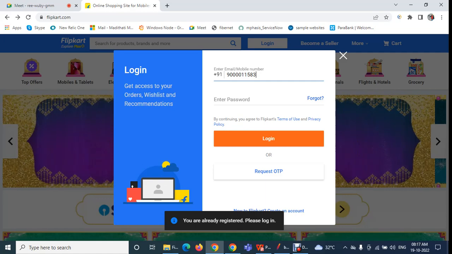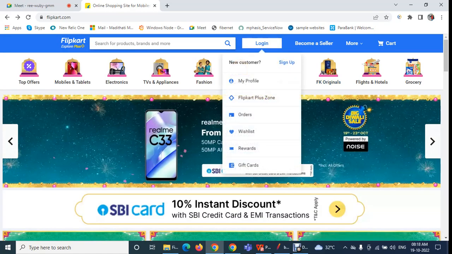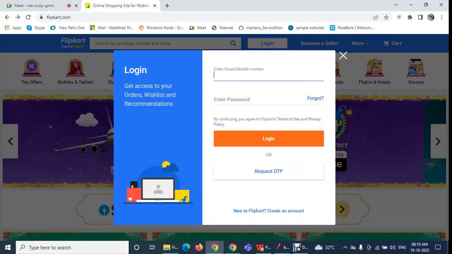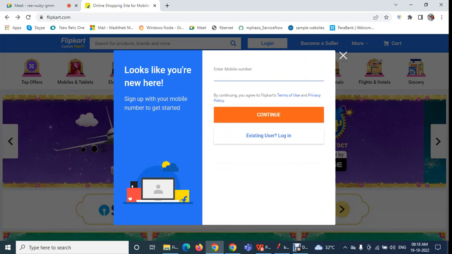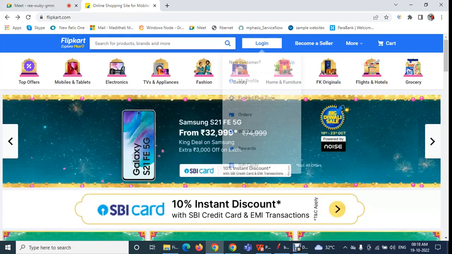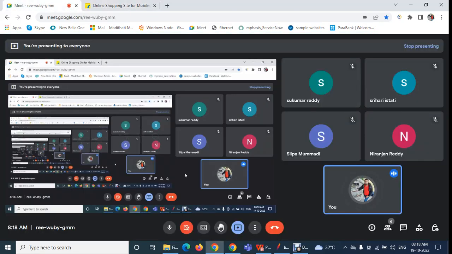Why am I getting this particular exception? Okay, so whatever the number I have entered here, that number it is sending to the browser, it is sending to the application. In the application that is validating in the